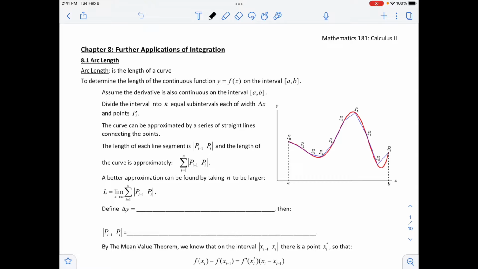We are in Chapter 8, Further Applications of Integration. Section 8.1 is arc length. Arc length is the length of a curve. To determine the length of a continuous function,